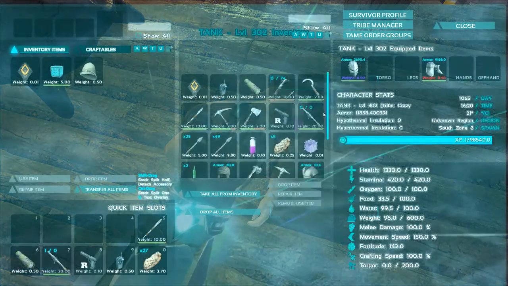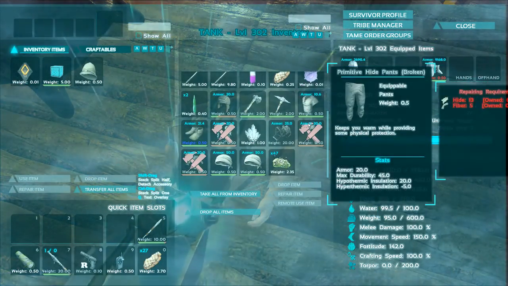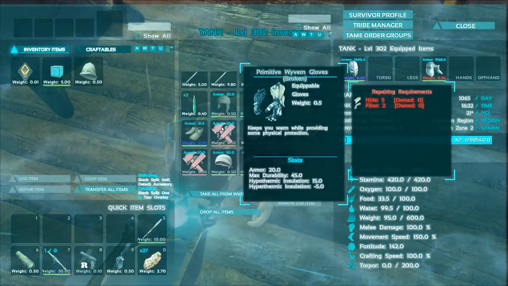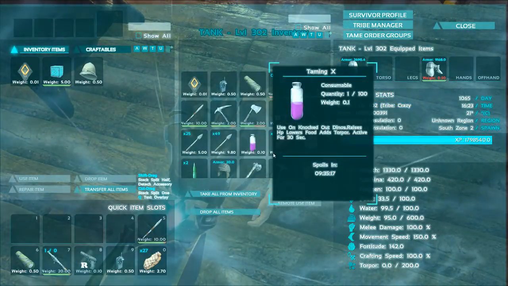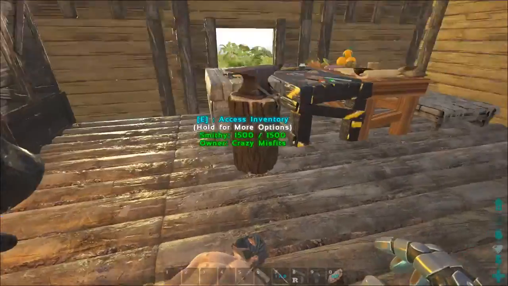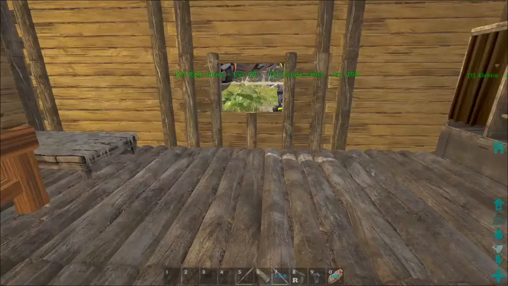Why are you naked? Seriously, dude. Everything's broken. Everything. What, hide? Hide, really? What, ascended metal boots? Sure, steel. Yeah, well, in this one it's steel. Alright,